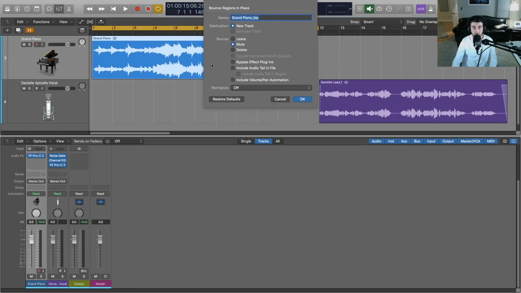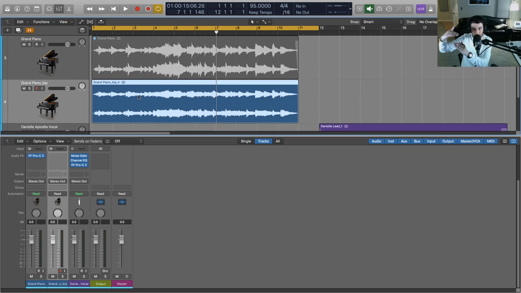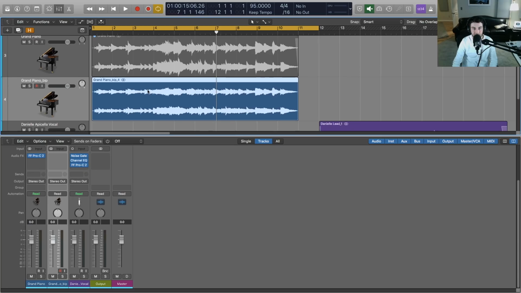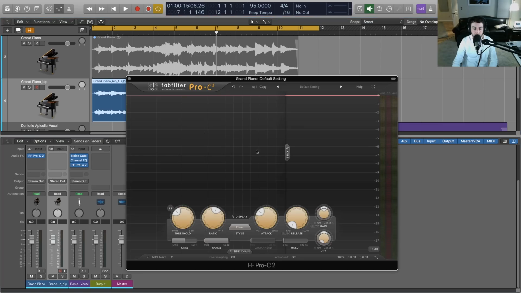Let's just bounce the wave file with the compression applied, and let's take a look at that. So there you go. There's the difference. This is much more of a flat dynamic. And again, that just shows you we did make the signal significantly quieter because we are, again, just taming those